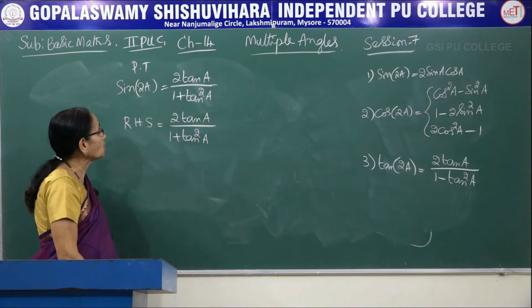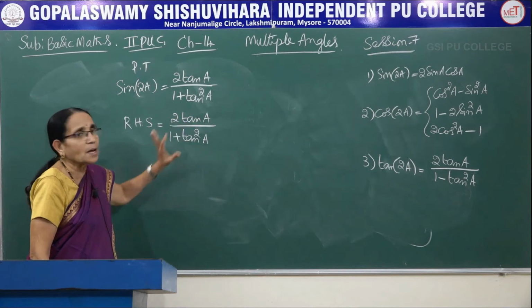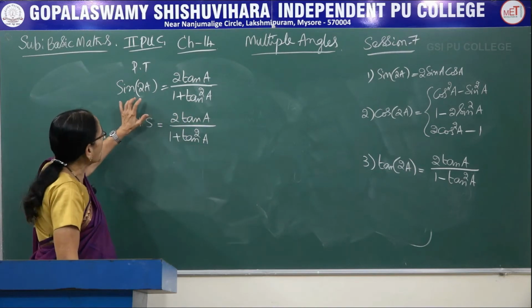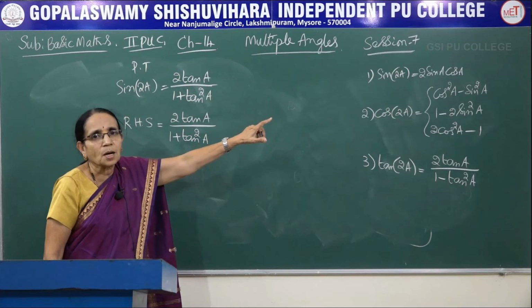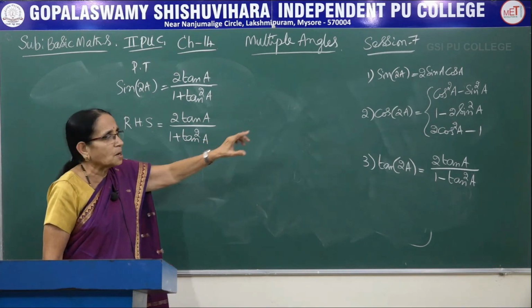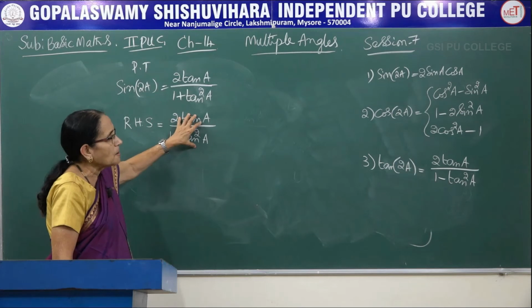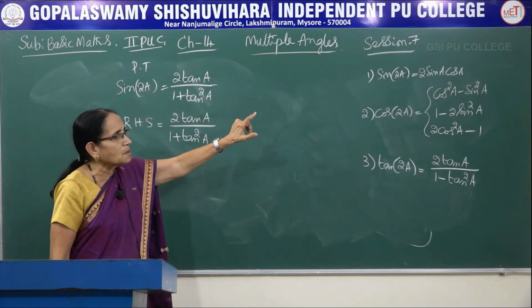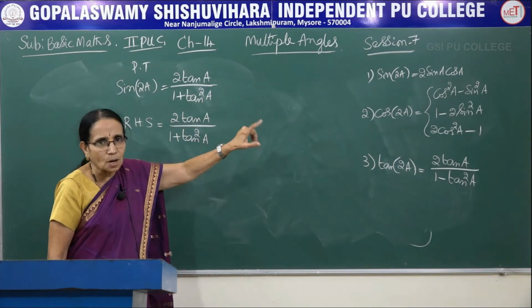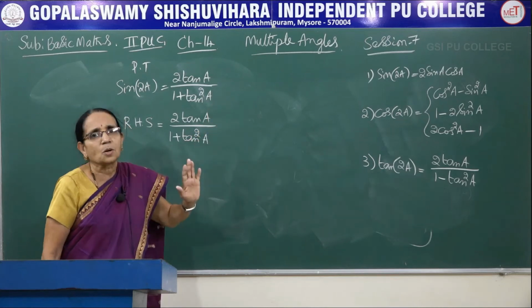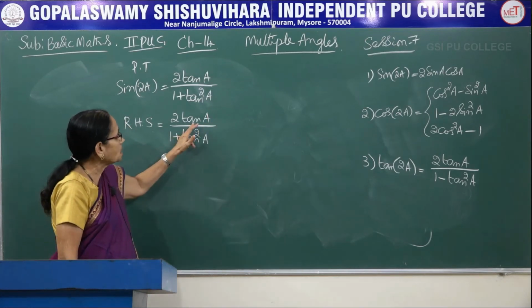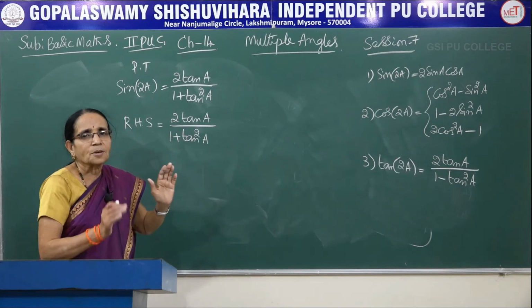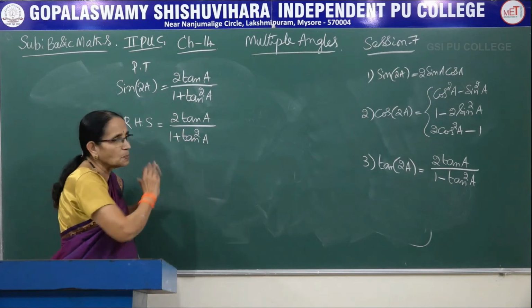Now, what we have to prove? It is containing only tan ratio, whereas I have to get sin 2a. In other words, what is the formula for sin 2a? It is 2 sin a into cos a. So, starting from this one, I have to finally arrive at the result 2 sin a into cos a, which is automatically equal to sin of 2a. That means that this tan has to be eliminated, sin and cos should come into the picture.